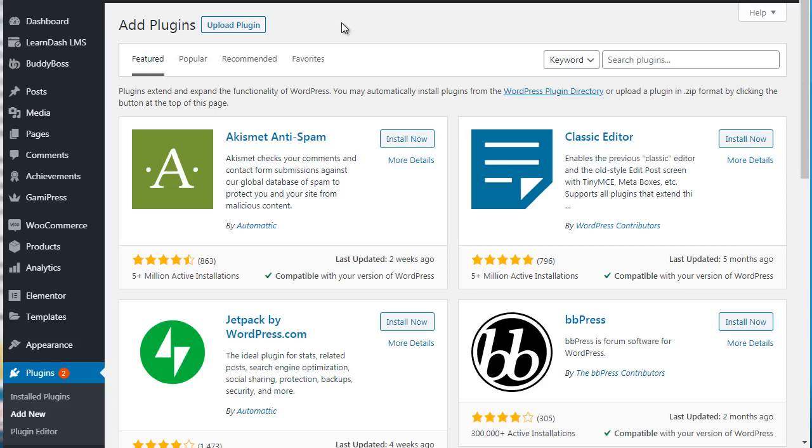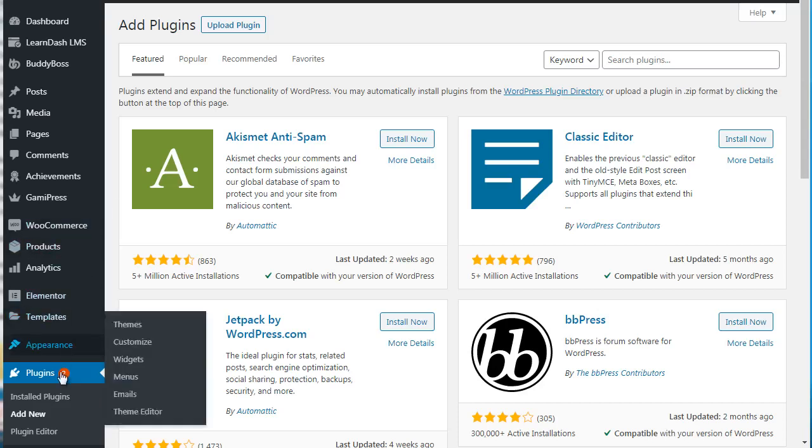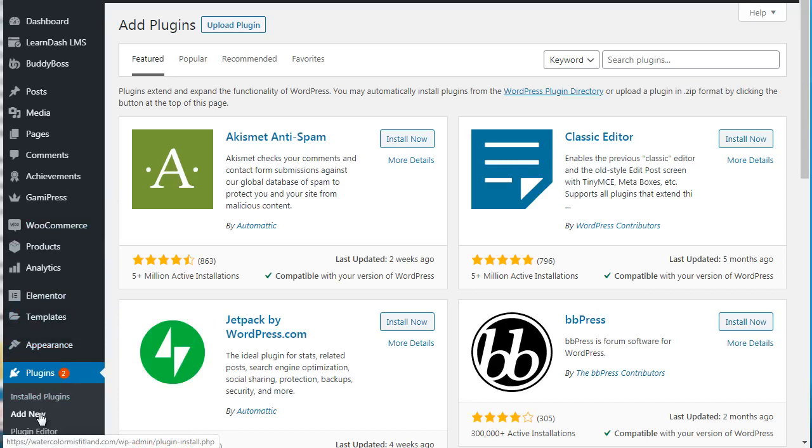First things first, you are going to need to have access to WooCommerce before you even think about installing the memberships plugin. To do that is fairly simple. All you have to do is go to plugins, click on add new, and you'll see this screen. Then you need to go to the search plugins and type in